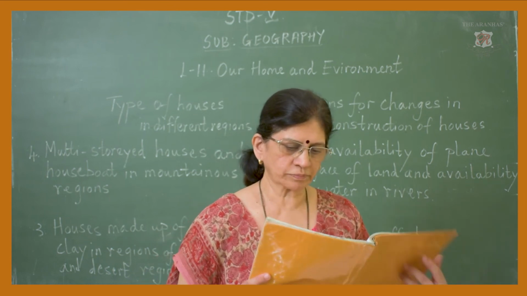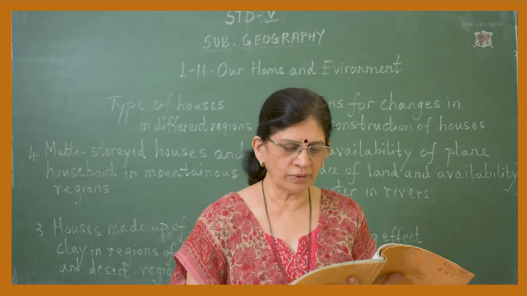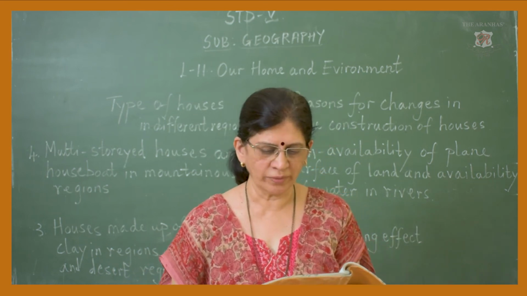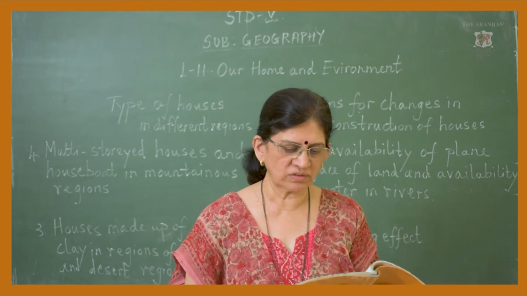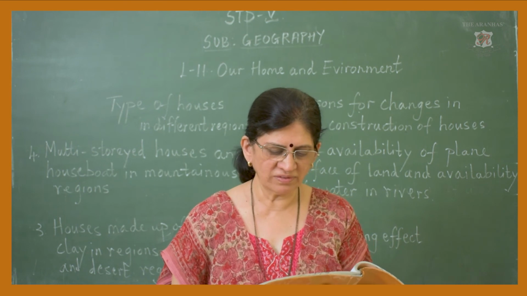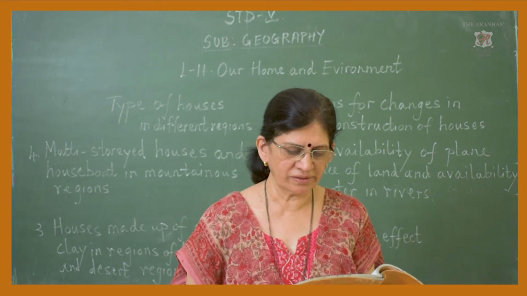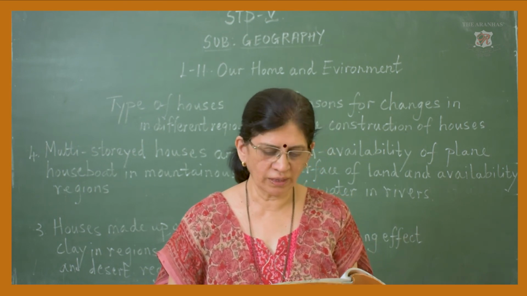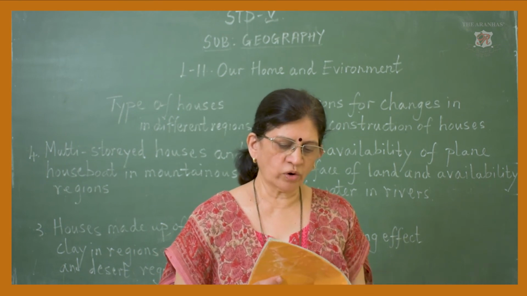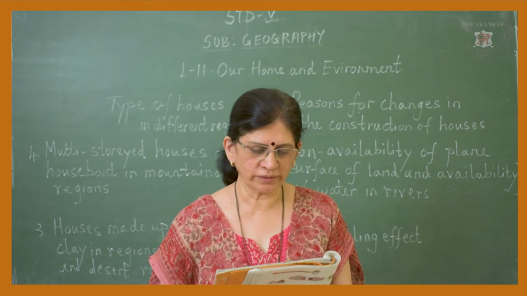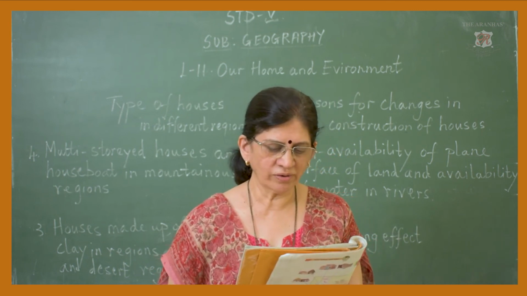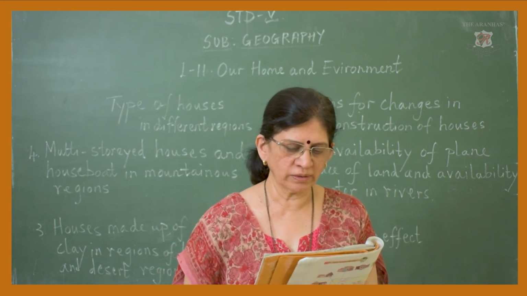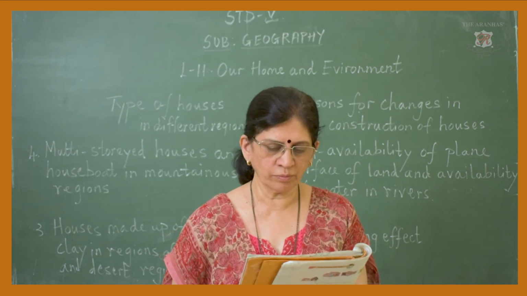Now we see people build houses to suit the climate of their region using the natural resources that are available. Differences in the construction and building materials give rise to different types of houses. Water, food, clothing and shelter are the basic needs of every human being. However, these needs are not fulfilled in the case of each and every person.